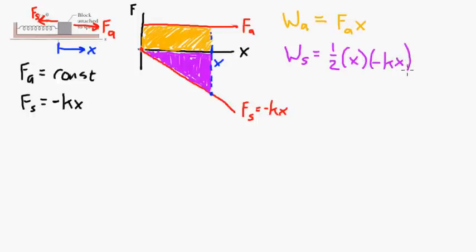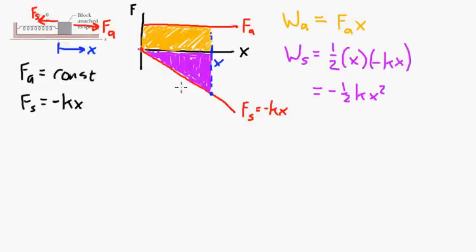Okay, so the total work done by the spring is negative 1/2 kx squared. The work done by the applied force is just Fa times x. So our first problem is to find how far this thing goes before the block stops. Now,